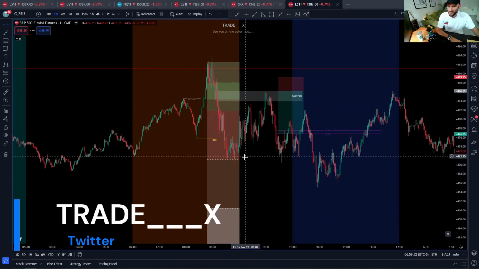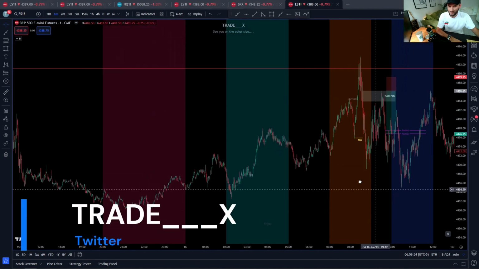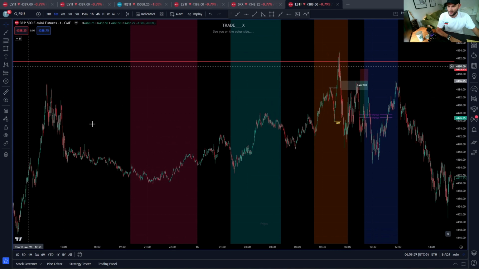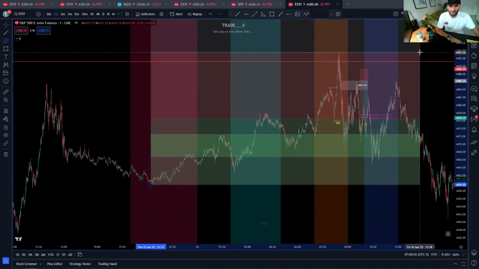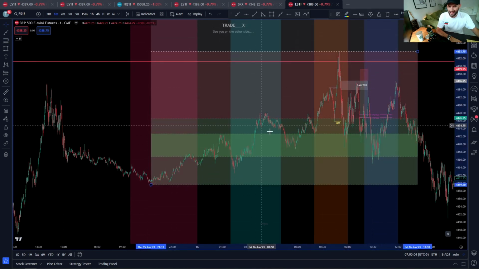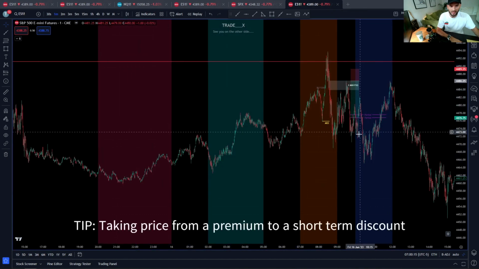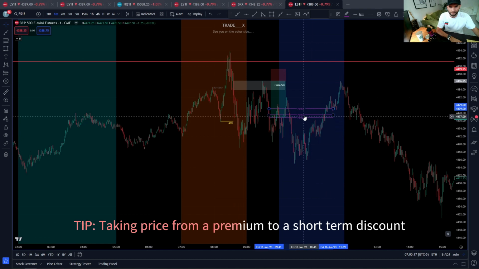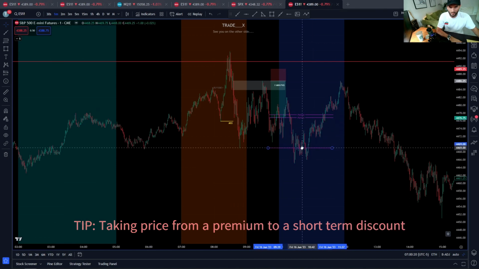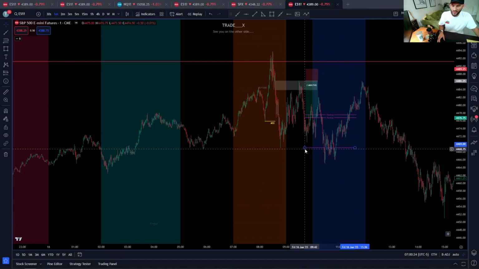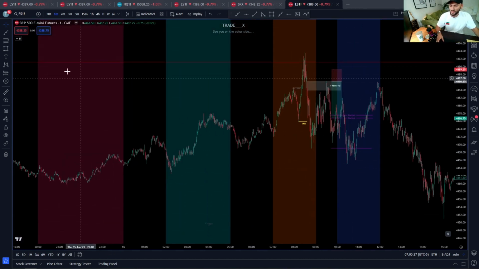Now, how can we develop this further? Well, we can look at this entire range, and look for liquidity inside of an OTE. Well, we had this swing low, which formed here. This would make sense to frame an entry for another partial, okay? All right. And there is one further step we can take, and that is with the New York AM session